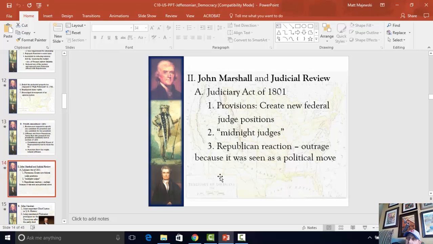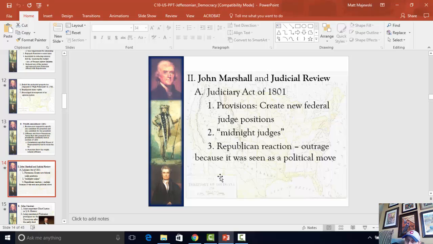Now, let's get to John Marshall and judicial review. So, the Federalists are worried. They've lost the presidency. They've lost Congress. They've got one branch of the government left that they can control. They control most of the judgeships because, up until this point, it's been Federalists who appointed the judges, and most of them supported the Federalist Party. Well, they're worried. They're about to lose those two branches of government. They worry now that Jefferson and Congress are Democratic-Republican, that they're going to eventually lose the judicial branch as well.